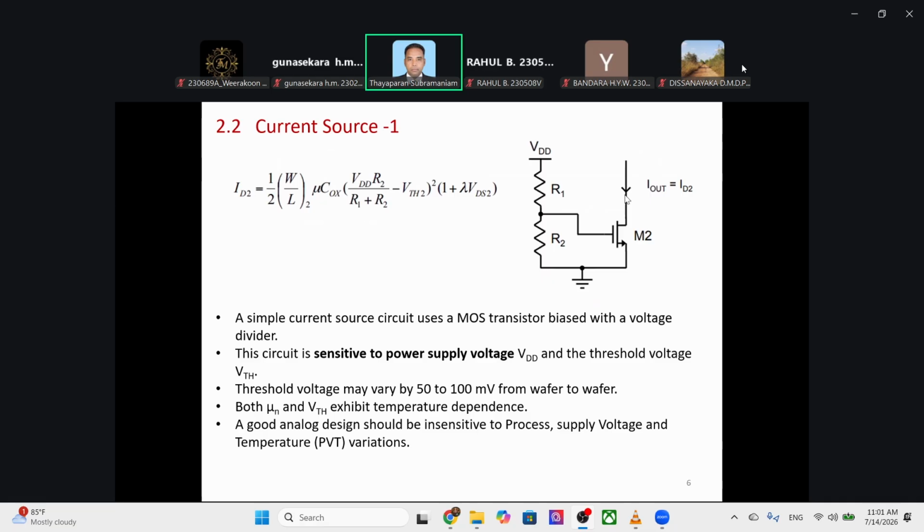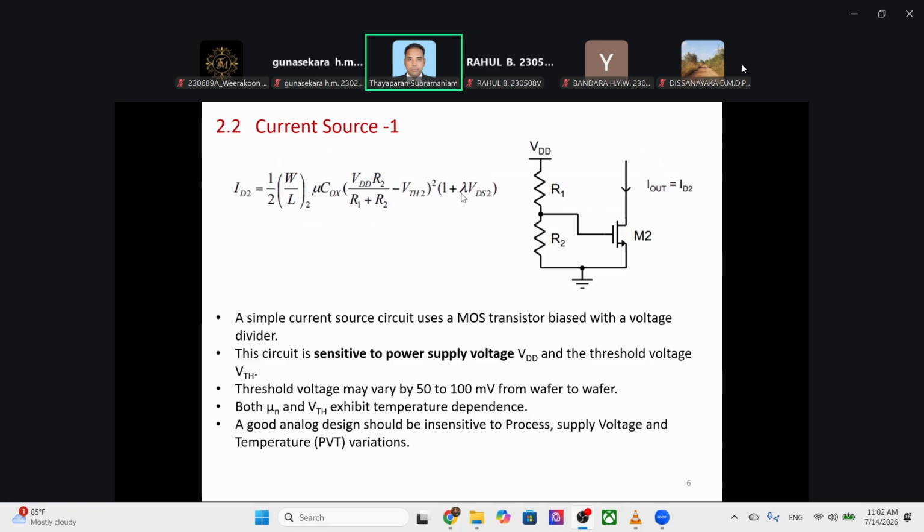So the current through the transistor is given by ID2 is equal to W over L mu COX, gate voltage VGS. VGS of M2 is equal to VDD divided by R1 plus R2 multiplied by R2. This is VGS. VGS minus VTH square